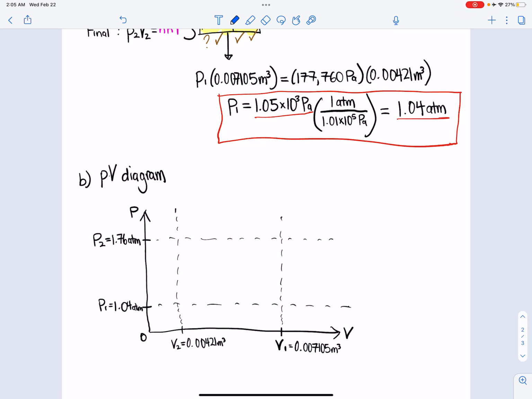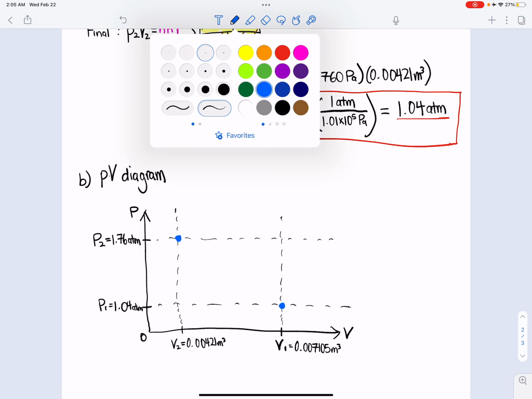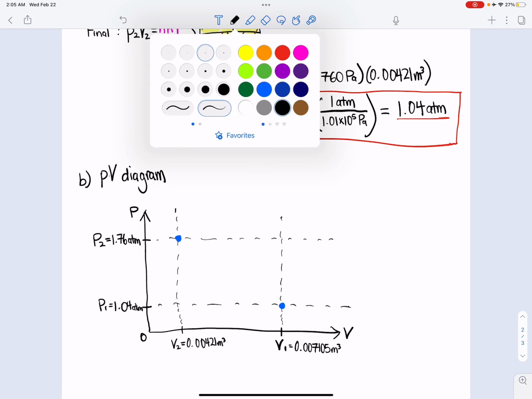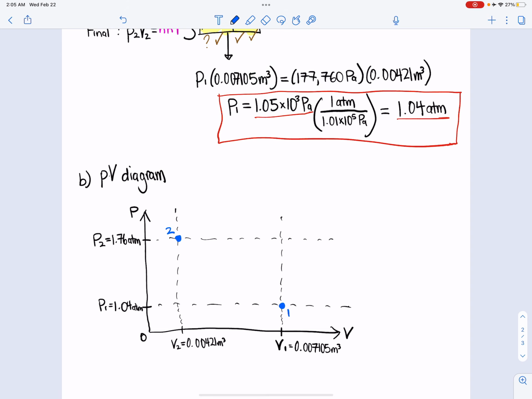And so our P1 V1 and P2 V2, this is our first state and this is our second state. So our path between states would look something like that. Oops, that's quite bad. And it would go in that direction. Okay, so that's the PV diagram for part